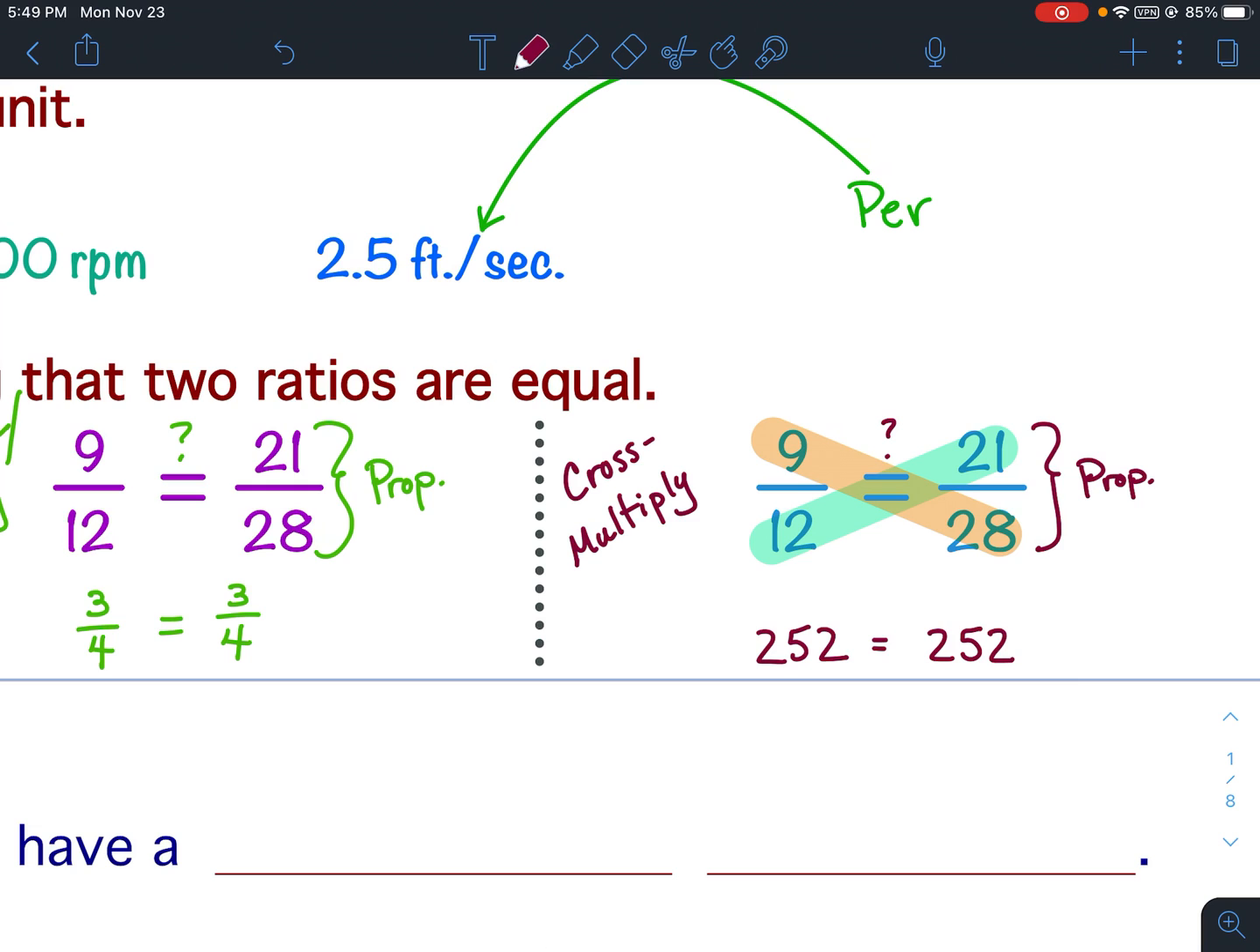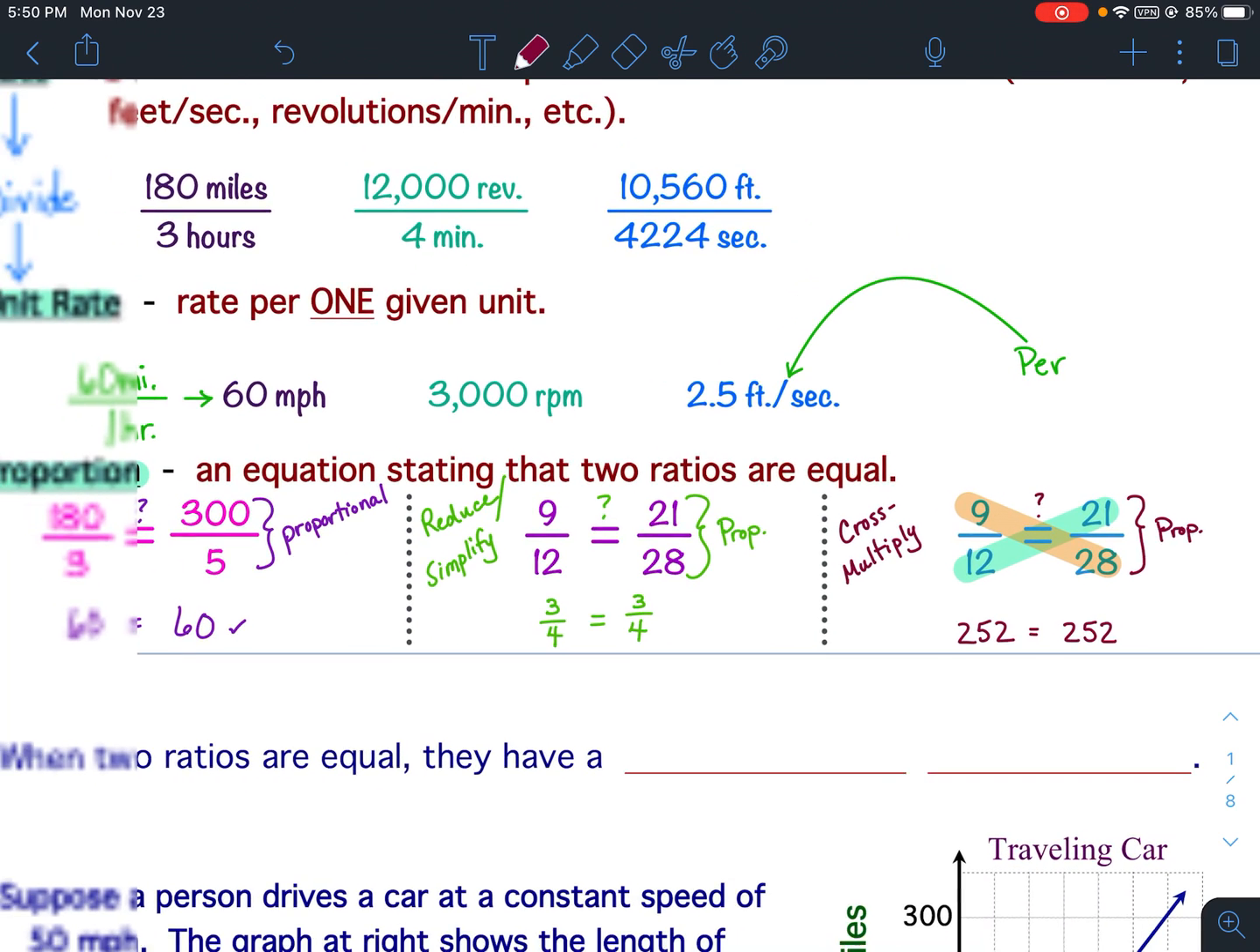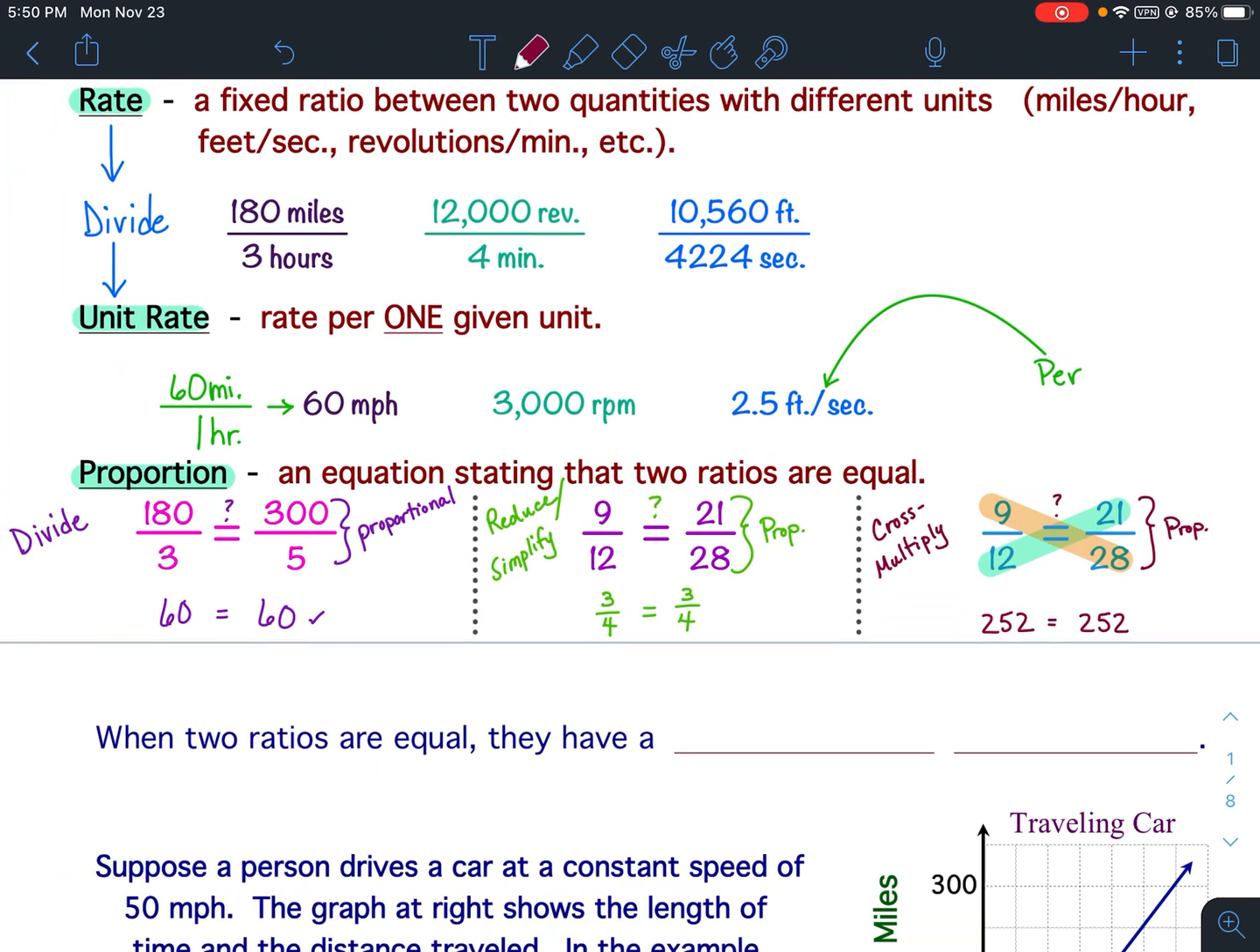Now, the way we're going to do it the most is most likely going to be dividing. We're going to use division the most. Because again, a lot of times we want it to be a unit rate, therefore we want a 1 on the bottom, so we will divide. All right,